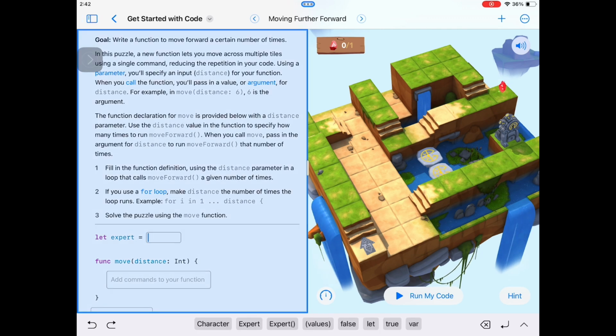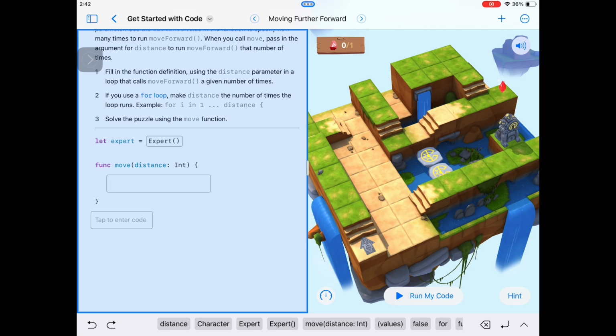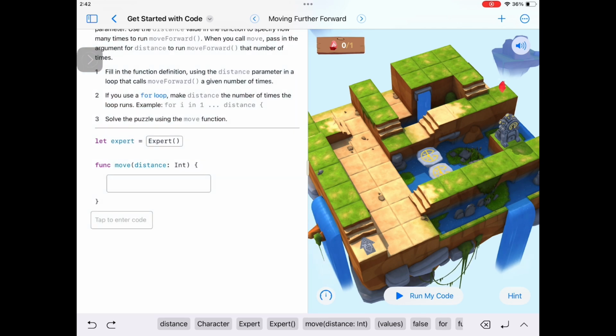We are going to initialize the expert to get our expert there, so I'm going to say expert. Now we're going to write the function wherein it's going to move forward. Here we are going to send parameters through the function, that is the number of steps it needs to move, and then it's going to move those many number of steps. So here for that we are going to write expert dot